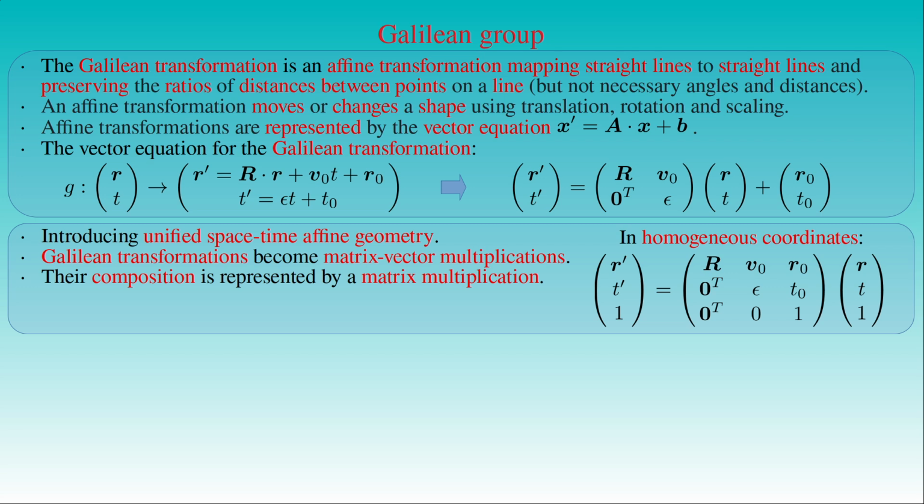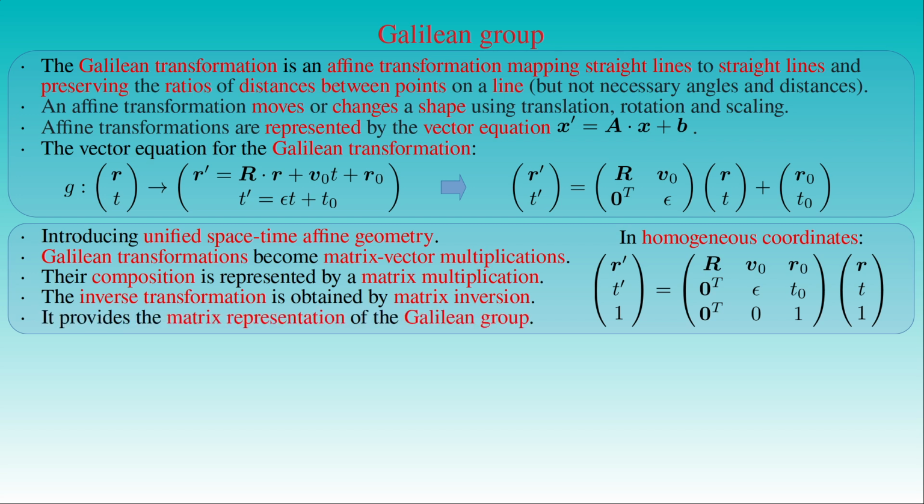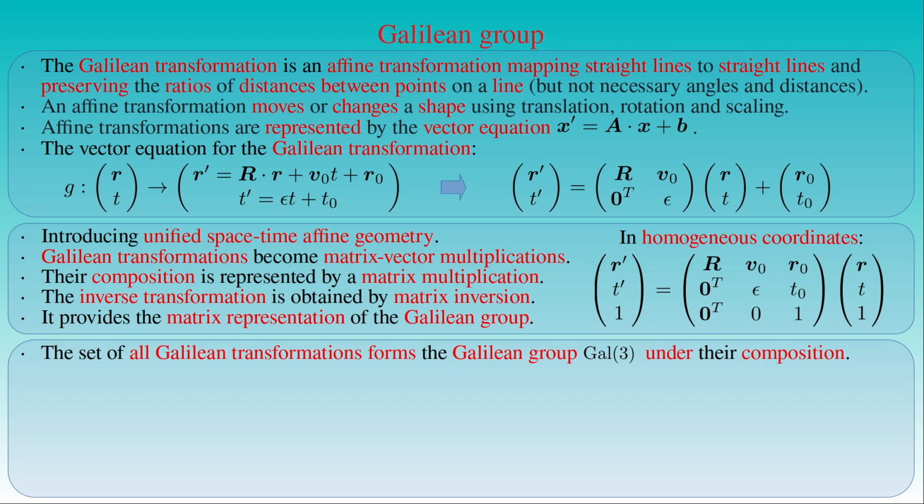The homogeneous coordinate representation also implies that the composition of two Galilean transformations is represented simply by the multiplication of their corresponding 5 times 5 matrices. Likewise, the inverse of a Galilean transformation is obtained by inverting the matrix representing it. As a result, the Galilean group is realized as a matrix group acting on homogeneous spacetime coordinates, that is, the homogeneous coordinate representation provides a faithful matrix representation of the Galilean group. In other words, the set of all Galilean transformations forms a group under the operation of composition, known as the Galilean group. This group is denoted by Gal3, where 3 refers to the number of the spatial dimensions in Newtonian